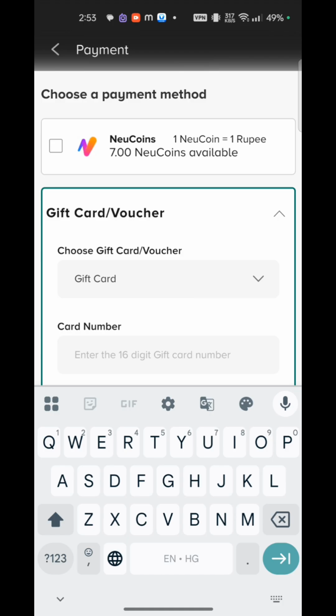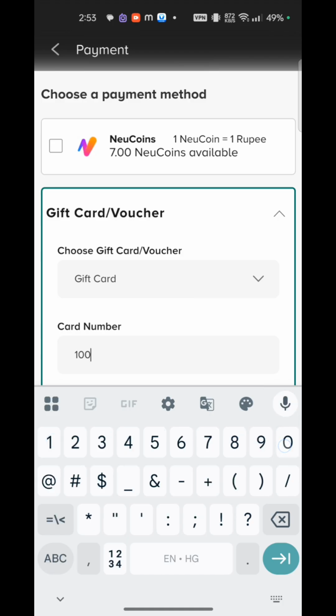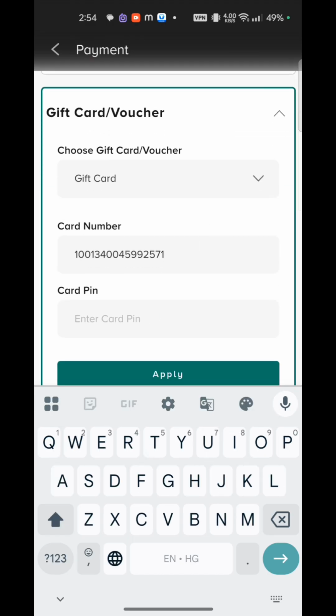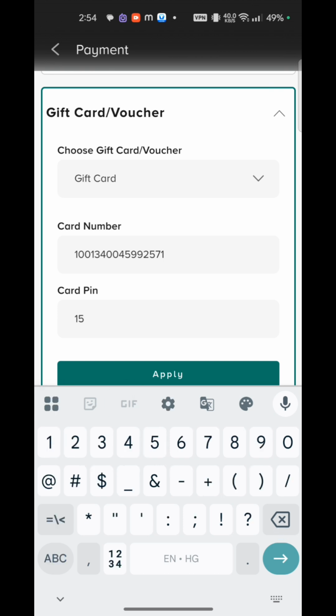I have already received it in my email: 134 004 5992571, and the pin is 153252. Okay, so if you click on apply,